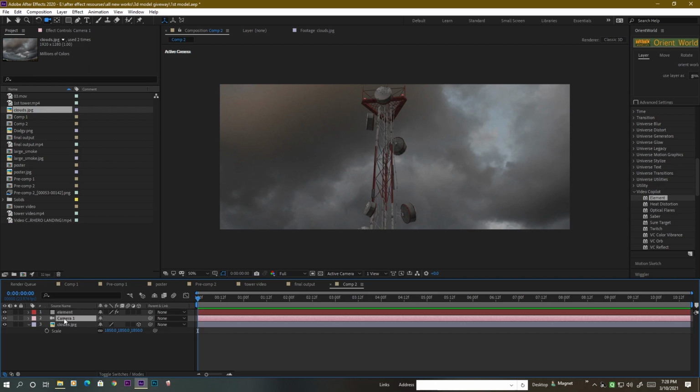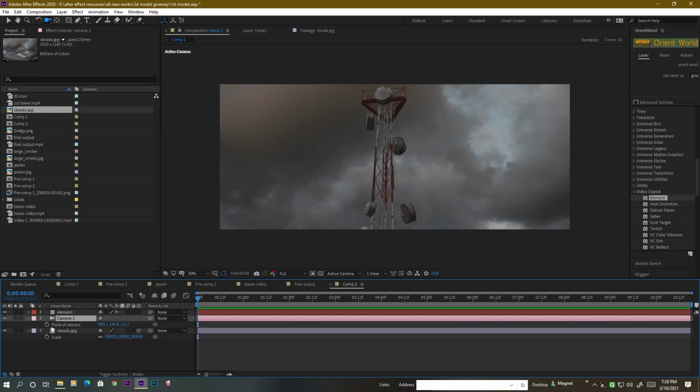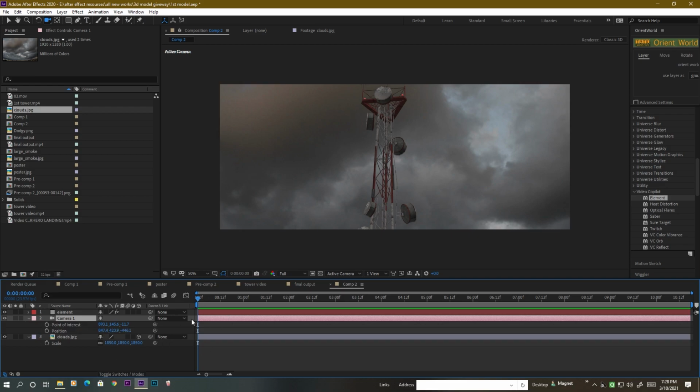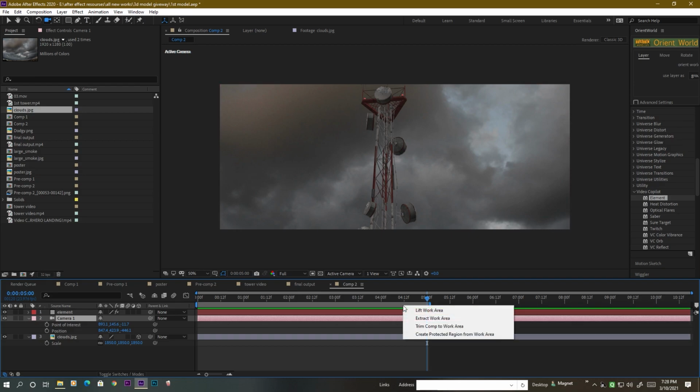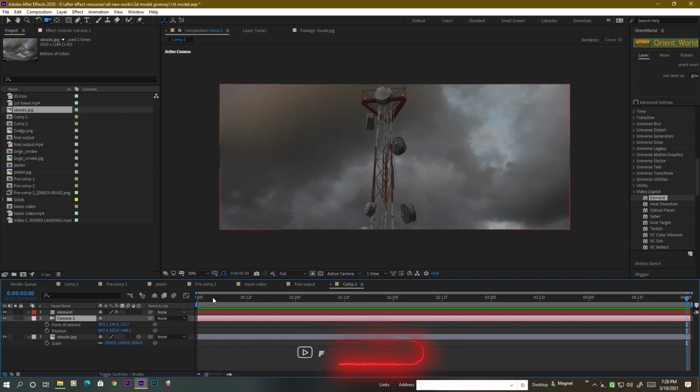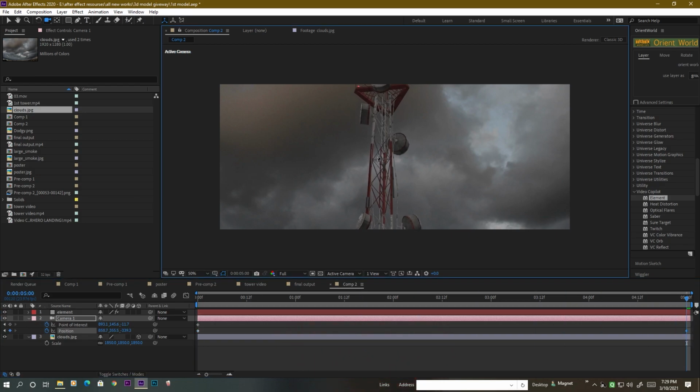First we press A to bring up the point of interest value of the camera and then press P to bring up the position value of the camera. Our animation will be 5 seconds or so. Go to the 5-second frame here and press N to set the end of the composition, and now right click and click on Trim Comp to Work Area. First we go to the very beginning of our composition and click on the stopwatch here, and go to the very end, and now we animate our camera